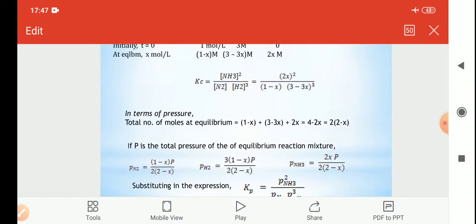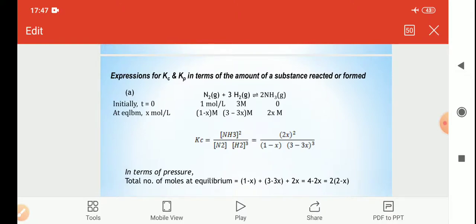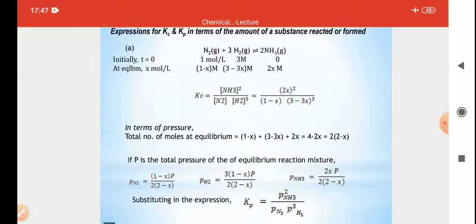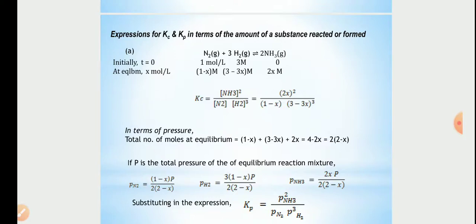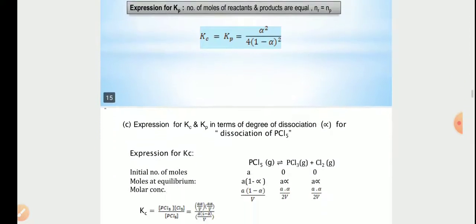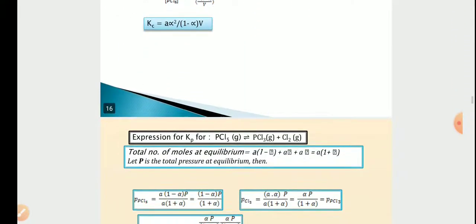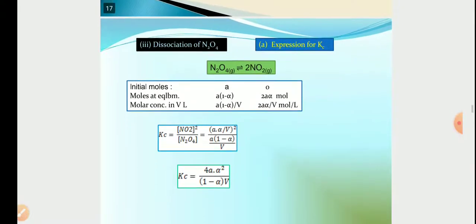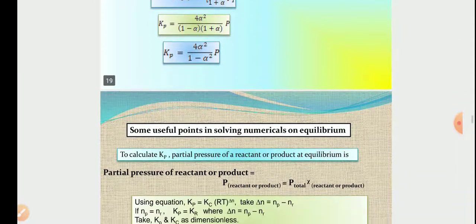There is a direct relationship, taking the example of the formation of ammonia, where in this slide they try to correlate the relation between Kc and Kp. Here is the same thing. So this is very important, but it is not required for you. Please store this in mind, that this type of thing is possible, and this type of mathematical problem really exists, but it is not in your syllabus. So these are all correlated.